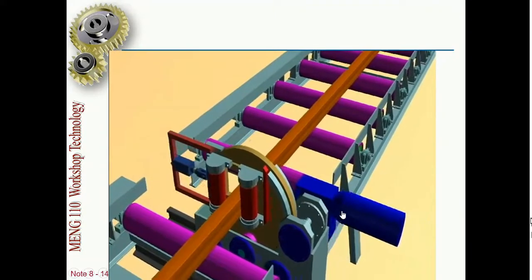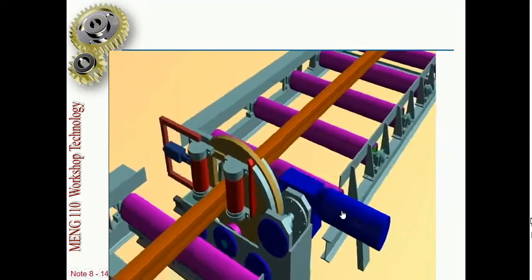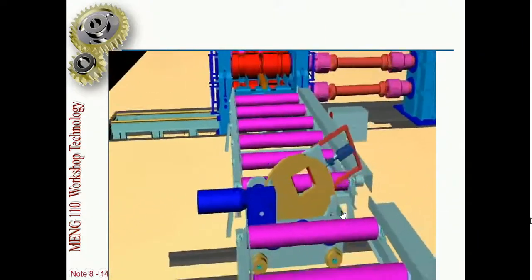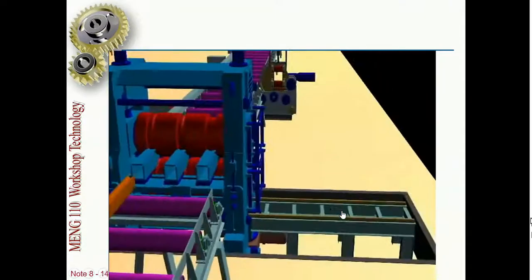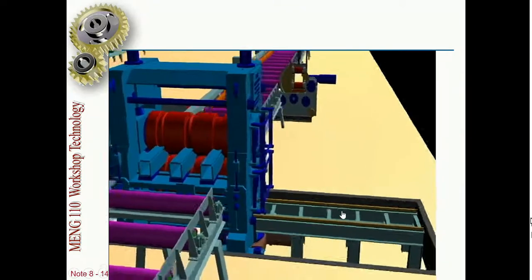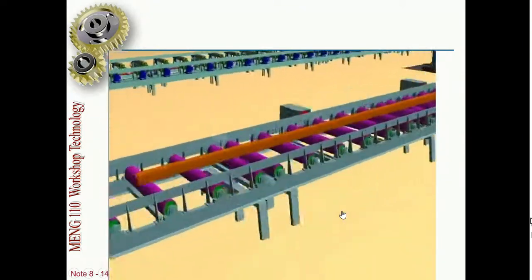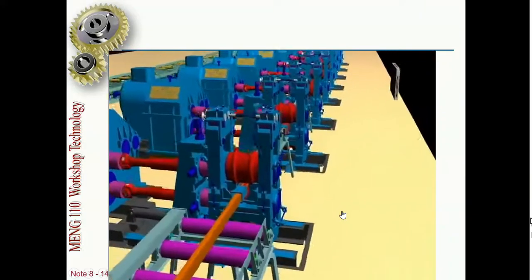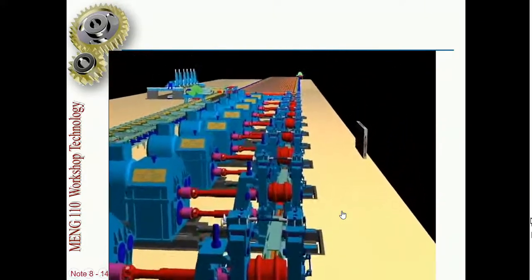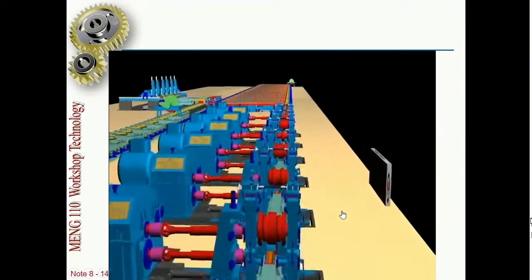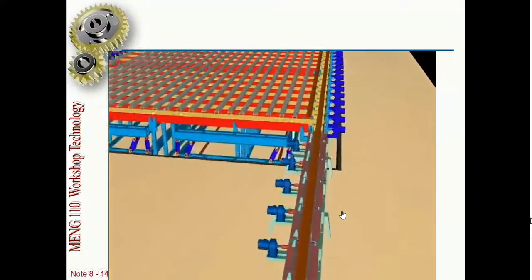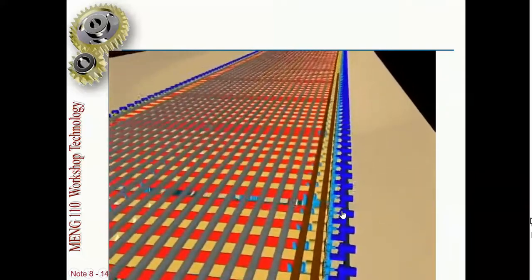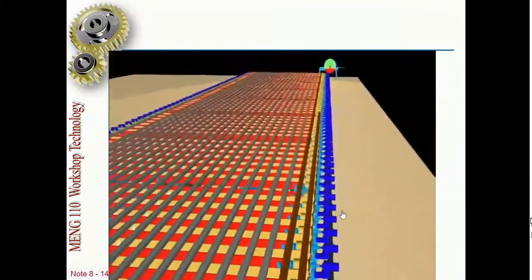Now we'll change the direction. Now it will pass through the second wheel. While passing through the second wheel, it will take the shape of the second wheel, and now it is passing through the third wheel. So here there were 3 stages, and the required product was acquired in 3 stages. Now with the help of different rolling wheels, it is being transferred to the warehouse area. See the different rolling wheels here, and passing through this wheel, it will acquire the final shape.